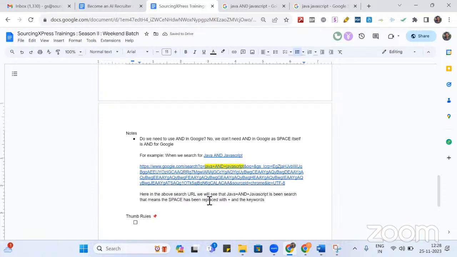Okay, here in the above URL, we'll see that Java plus and plus JavaScript is searched. That means the space has been replaced with plus, and the keywords